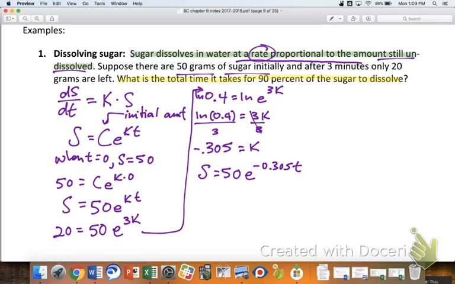So if 90% has dissolved, what percent is undissolved? Or what percentage is undissolved? Sorry. 10%, which is 5 grams of sugar. So we would put a 5 in there. I'll try to differentiate my 5 from my S. So 5 equals 50 e to the negative